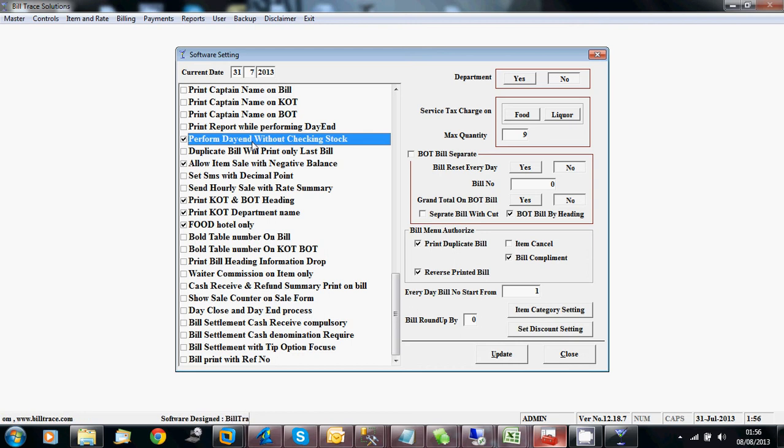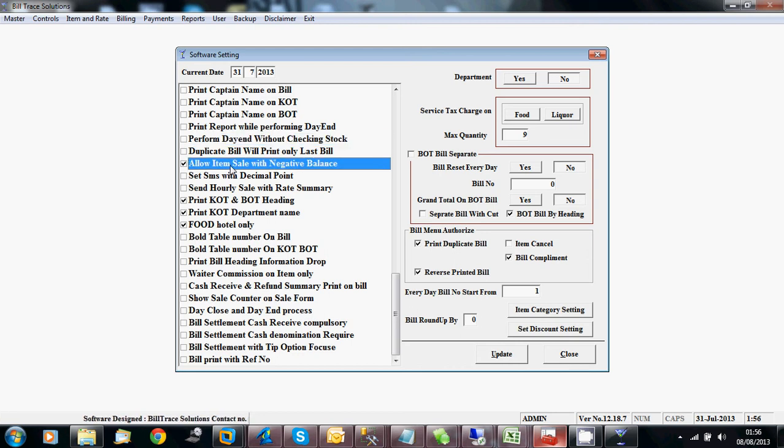Now the second option is perform day end without checking the stock. It is the same thing as allowing the sale with the negative balance. If I am allowing the sale with the negative balance, your user can sell with the negative balance also.